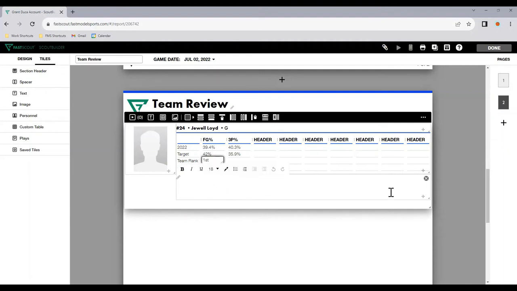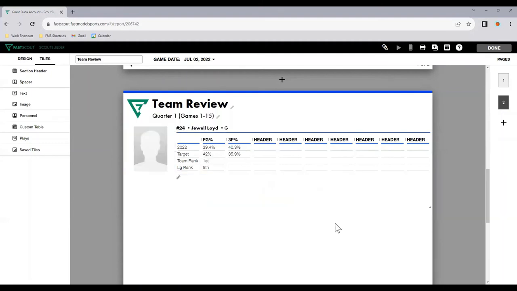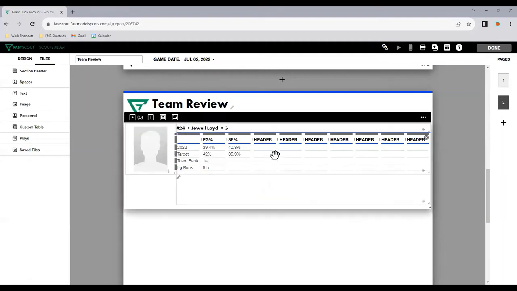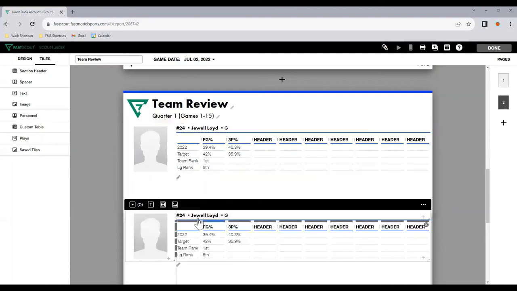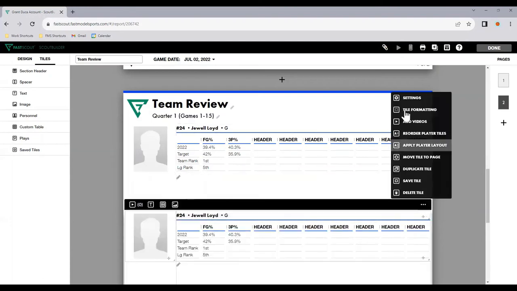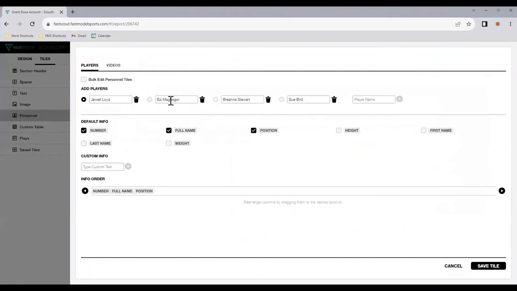Now you might want to go into here and split that, make it smaller and have a couple of things so you can have positives and negatives, strengths in it, however you like to set that up. Once you're happy with how it's all displayed, we can duplicate the tile, go into settings, and we'll just select